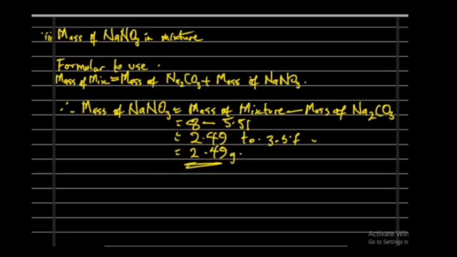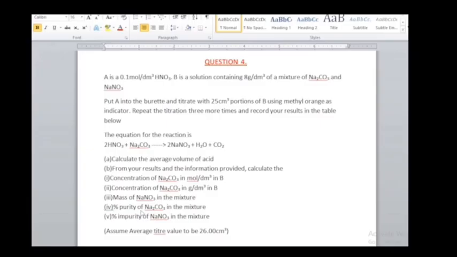And then calculating percentage purity now. That's the next question. We are going to calculate the percentage purity of sodium trioxocarbonate in the mixture, and then the percentage impurity of sodium trioxonitrate in the mixture. So, 4: percentage purity of sodium trioxocarbonate in the mixture. Formula to use: